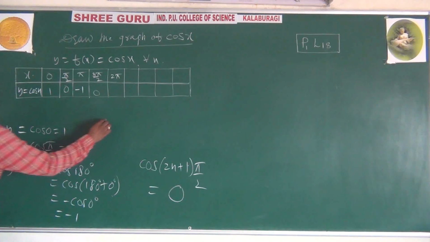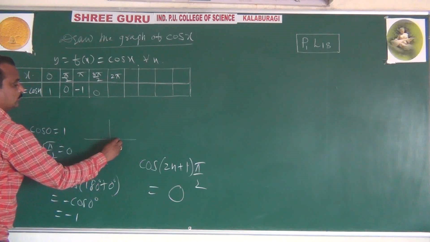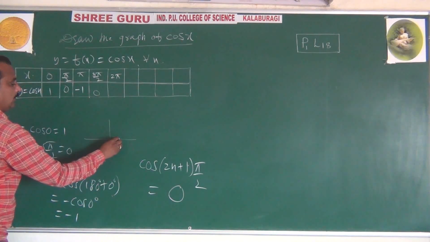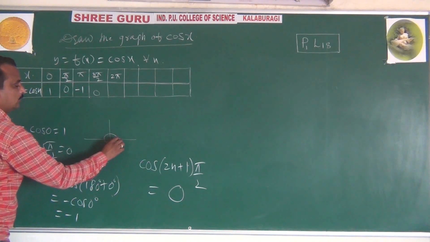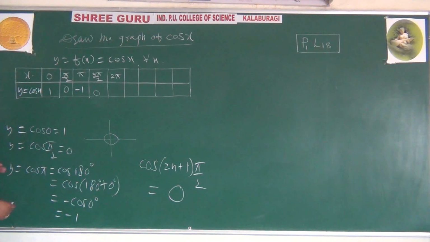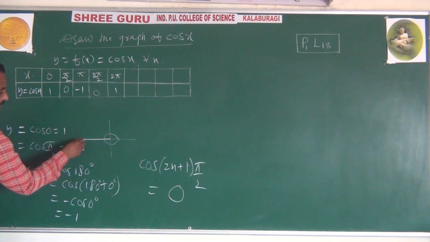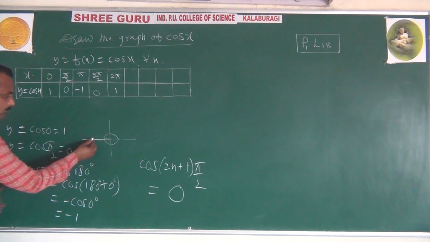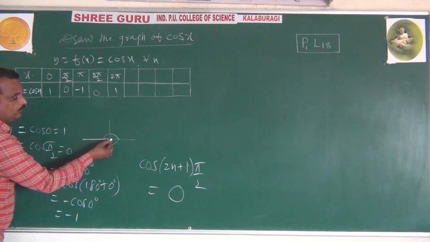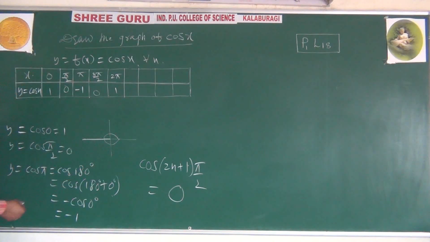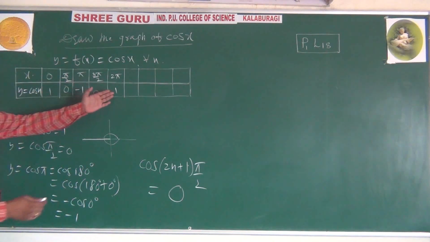See where it comes. 2 pi it is. After the rotation in the anti-clockwise direction, 2 pi lies on the positive x-axis. The x value is 1, plus 1 it is. For pi it is minus 1, on the negative x-axis. So the y value you may calculate on the x-axis, so this is plus 1.